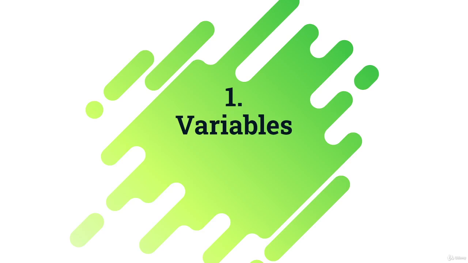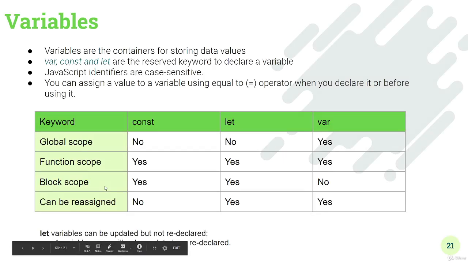In this video, we'll talk about JavaScript variables. Variables are the containers for storing the data values. Each and every programming language has this concept. In JavaScript, we can declare a variable with three types: with the var keyword, with the const keyword, and